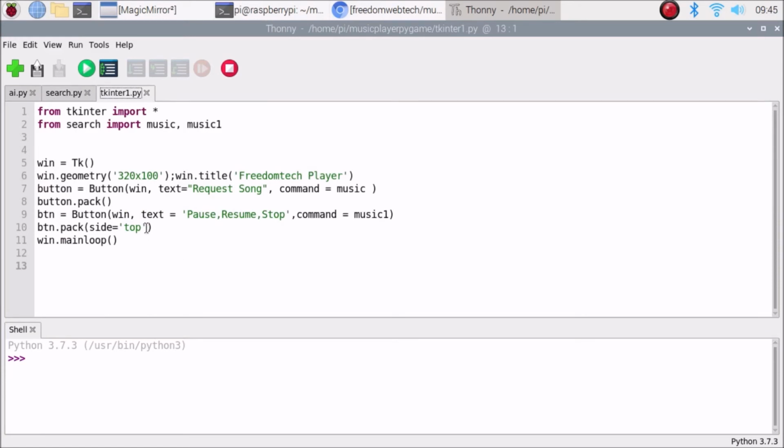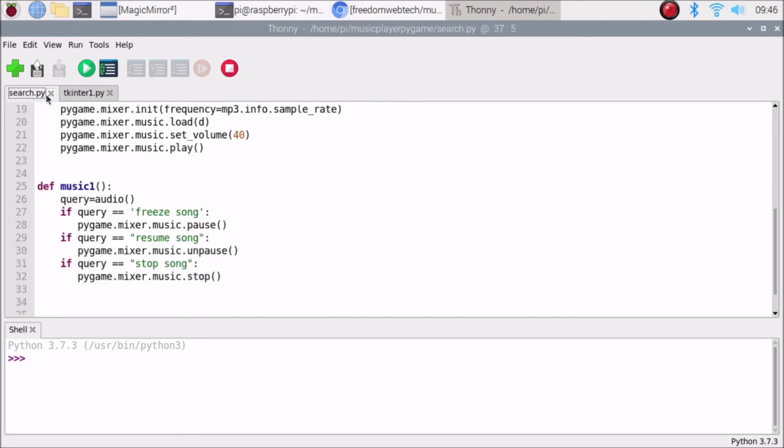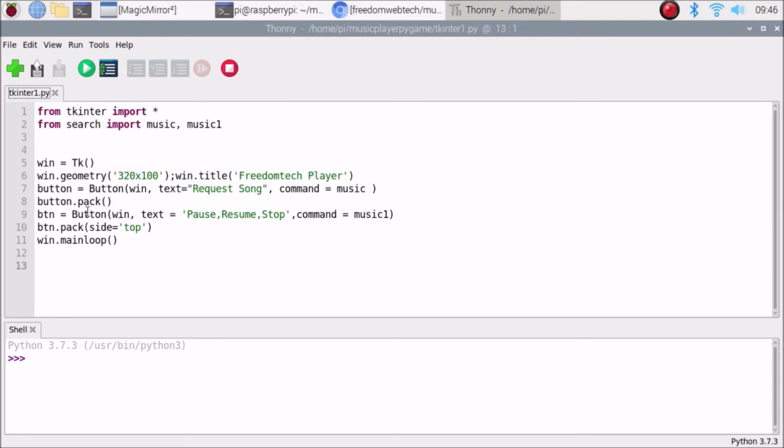Okay, this is the main script which you always want to run. So this is all about the program. Now I am going to simply run tkinter1.py, and we are going to see a new demo again. Okay, so let's just start the demo. As I told you, now we don't need AI.py and search.py because these files are just for the functions. Okay, so run tkinter1.py,